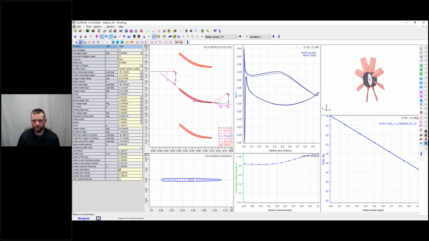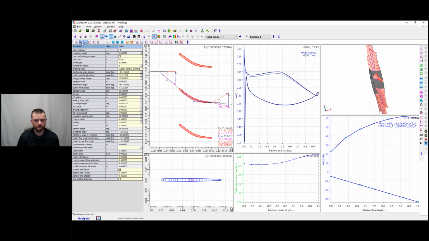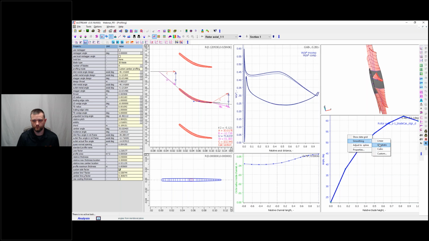We are currently looking at the outlet metal angle, and I can change what I want to plot here to the various options I have. Right now, as I said, metal outlet angle; wedge angle, stagger angle, and so on can be plotted here. I can also apply some smoothing techniques to these sections as well.